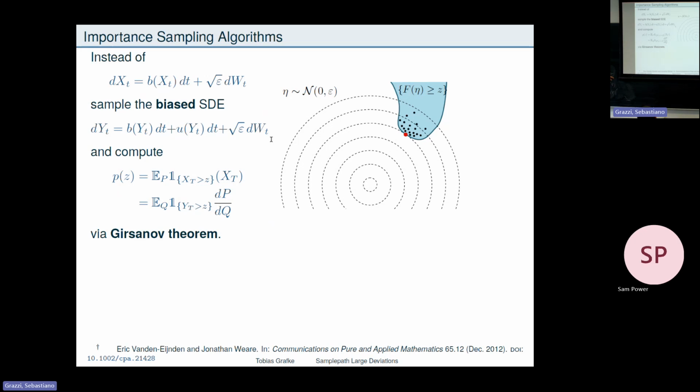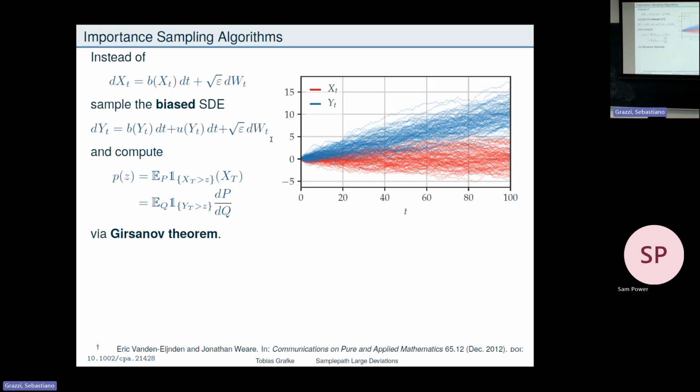This is the most likely point in this set, and if I just shift my Gaussian distribution, I don't need to even do anything fancy, I just need to shift to the instanton, then I would hit many more, and some of them not, and some of them yes, so I would get a much better variance estimator. So this shift from here to here exactly happens through Girsanov, and these are just time integrals that you need to end up with. So in principle, all of this is true.